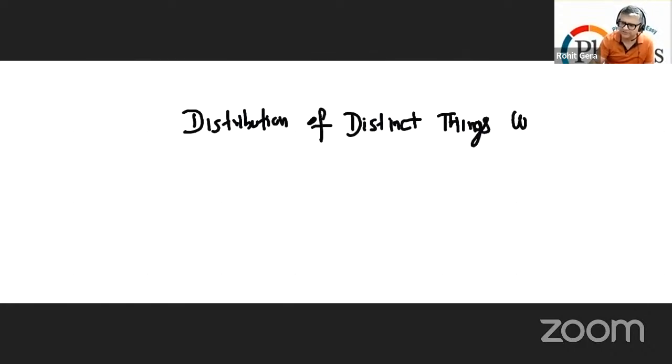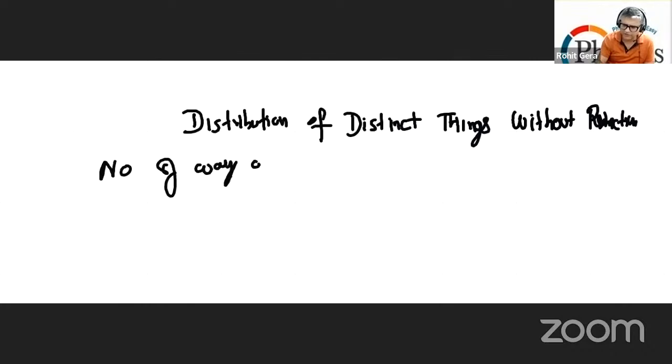Obviously इसमें सब या तो with restriction होता है या without restriction है. So if you want to distribute, the number of ways of distributing